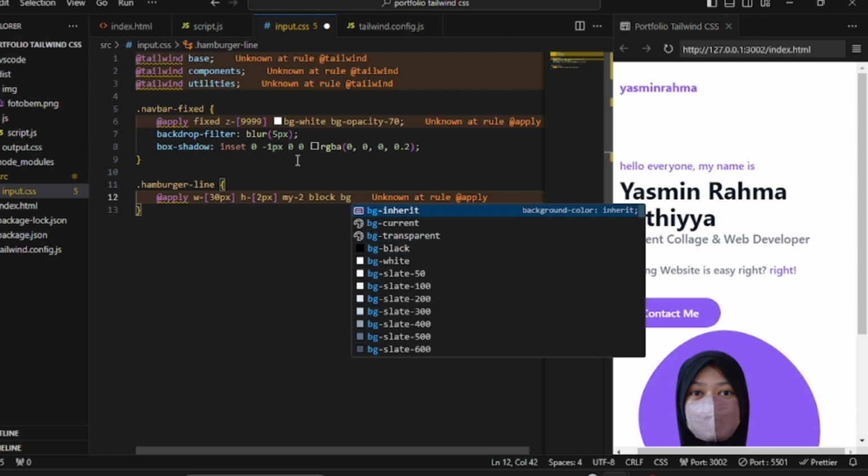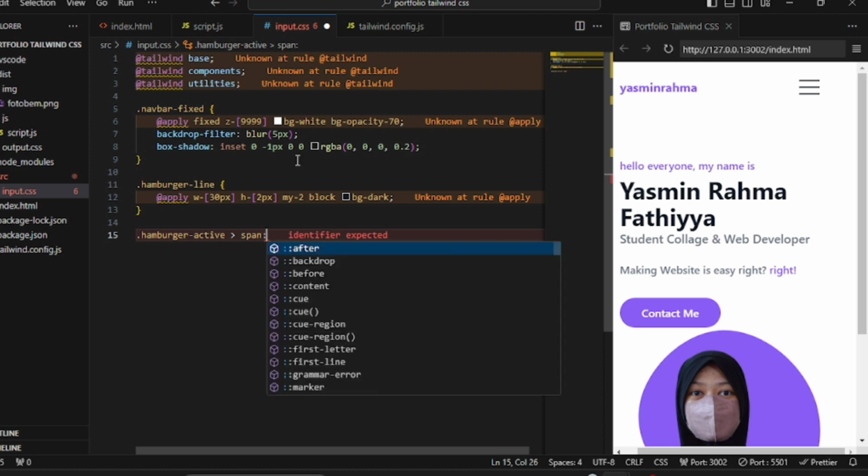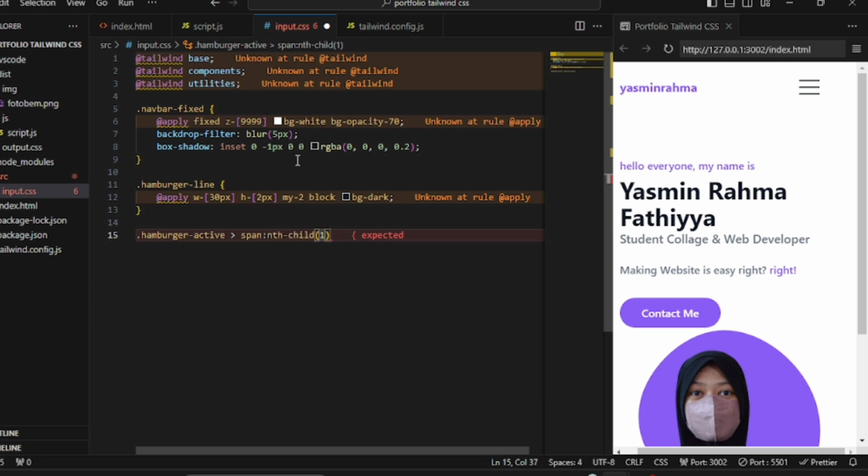Oh no, dark like this. And then for hamburger active, is span, this is child 1,